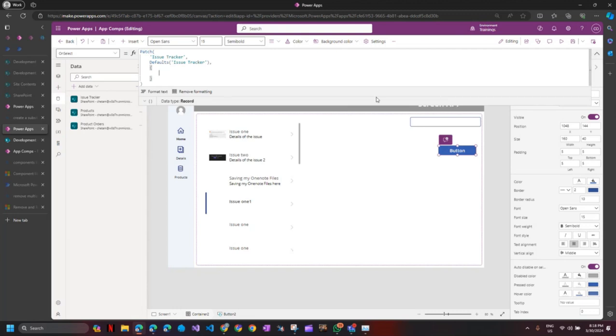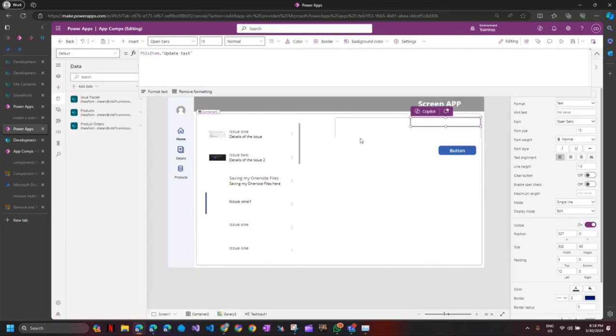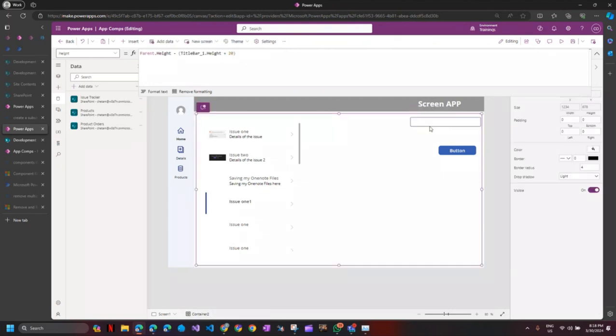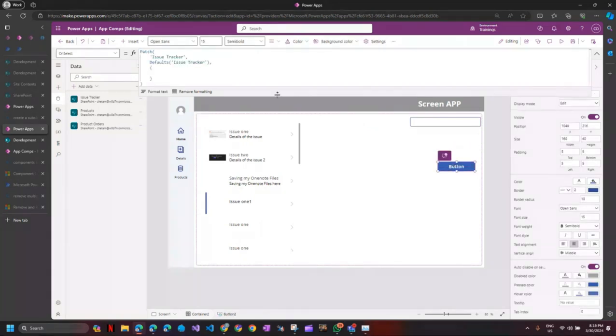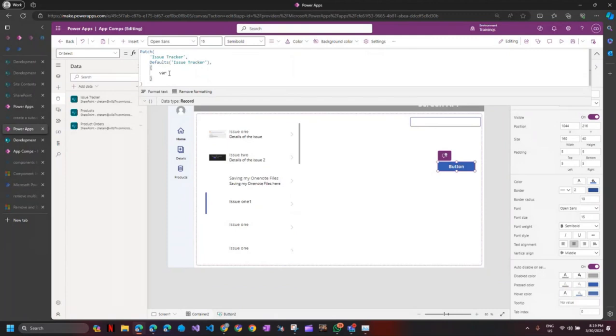Now, I want to update only this. I don't want to update everything. Okay, so for me to be able to update, I can do one thing. Either I do it by the ID of the selected item. So I can say var my, first of all, come here. I can do,